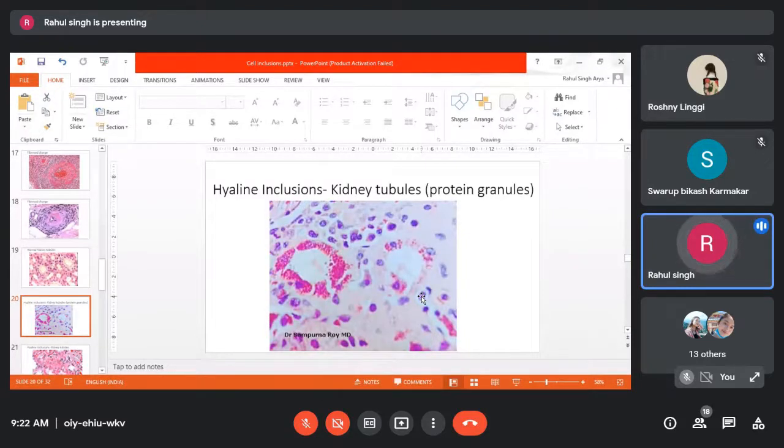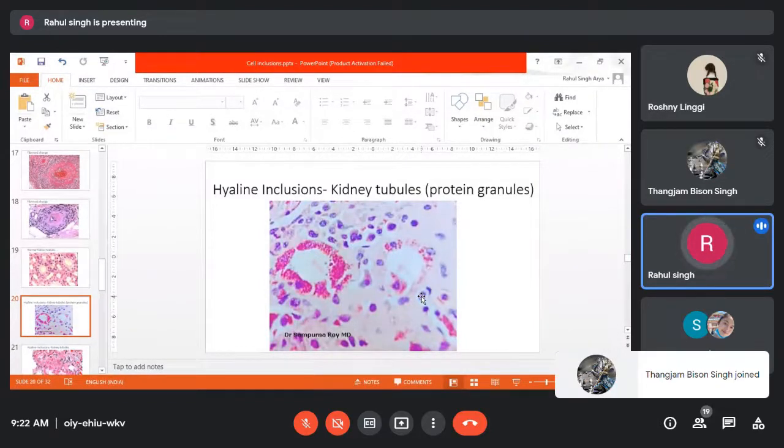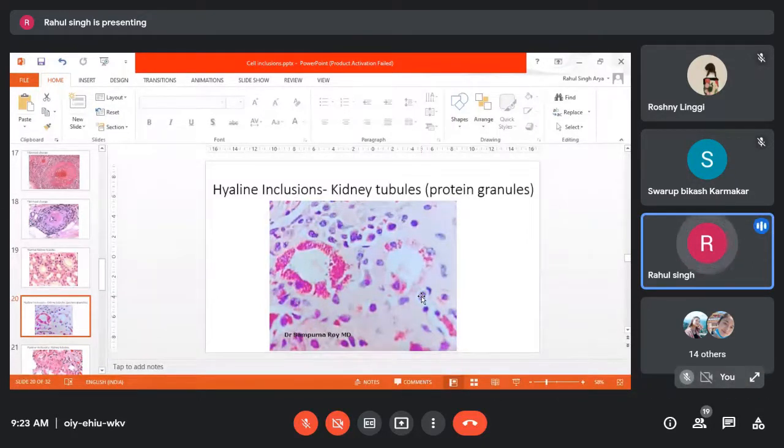These occur when there is proteinuria, persistent proteinuria, and these also form in some newborn animals where the glomerulus is weak and proteins get released inside the kidneys, the filtrate. The protein inclusions also form in the colostrum fed newborn enterocytes in the intestine, not in the kidney only, but in the enterocytes also. Okay, so these are the protein granules inside the kidney tubules, the tubular epithelial cells of kidneys, hyaline protein granules.